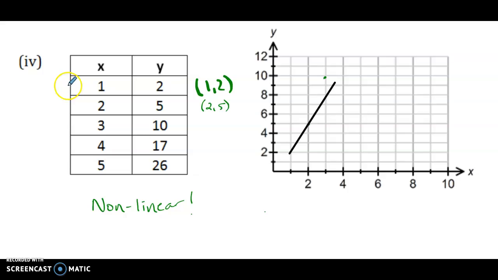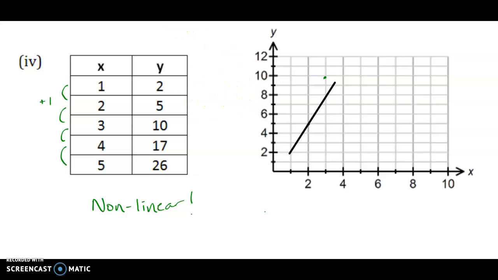I can look at my table as well. And I look at that, and I see that every time I increase my x value by 1 each time, add 1, add 1, add 1, add 1. When I look over here